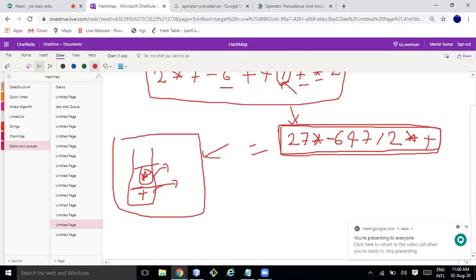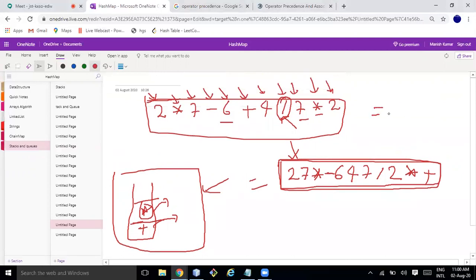Write a program to calculate the value of a postfix expression. So how are we going to calculate this? Do I have to give back the original infix? No. The value. So some value will be there, right? Maybe 100 or 200. Now give the value of this one. How are you going to calculate this?